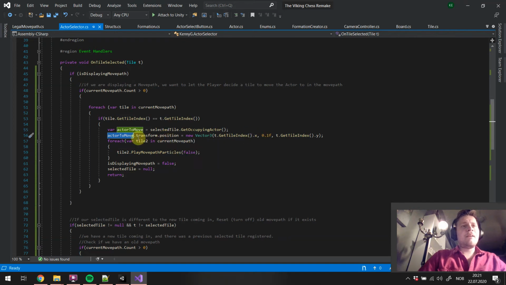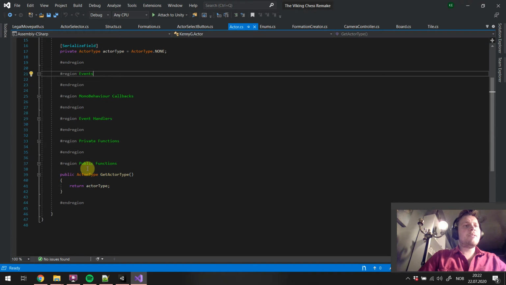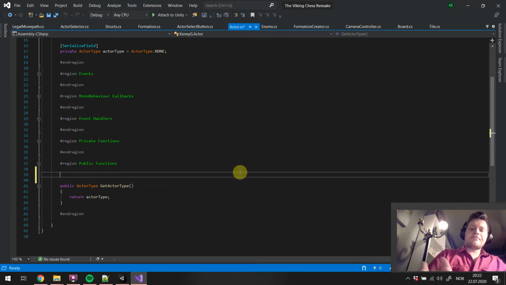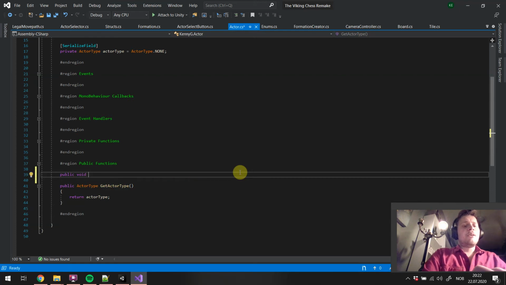So the thing is that we're going to create some functions inside actor class, which we are going to talk to, and some events. So let's go to the actor script, and for a public function, an outside script is going to allow another script to ask it to move this actor to a world position. So we're going to create that function. It's called public void move to world position,